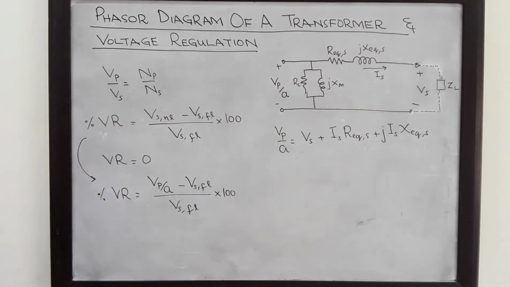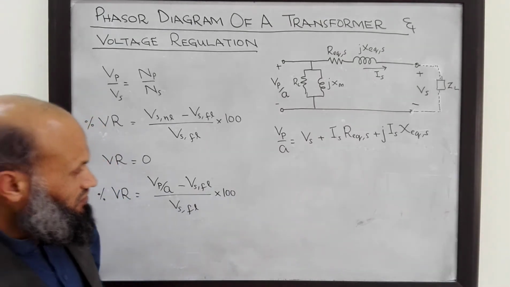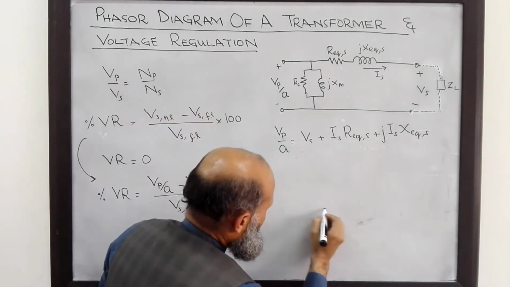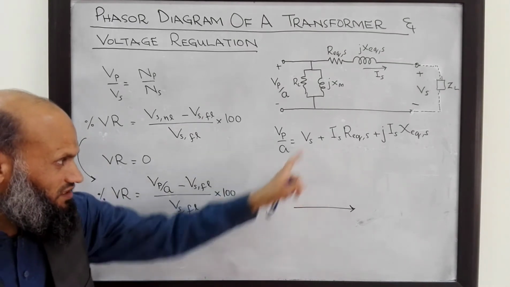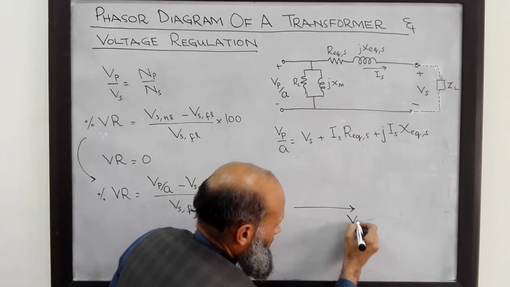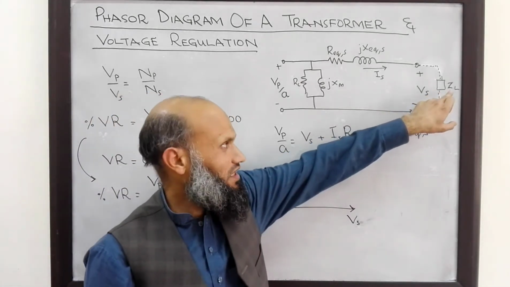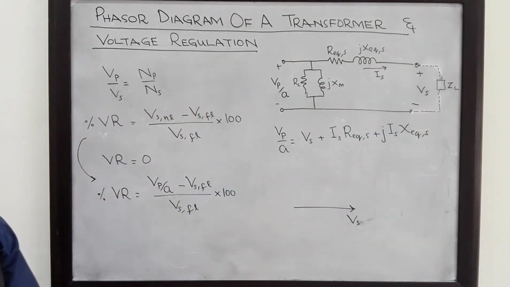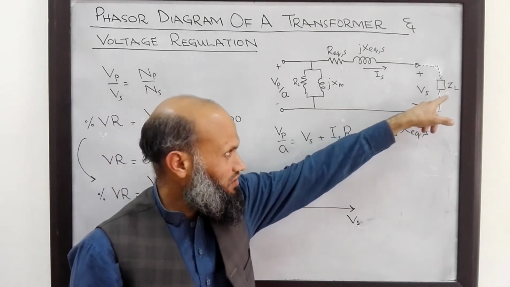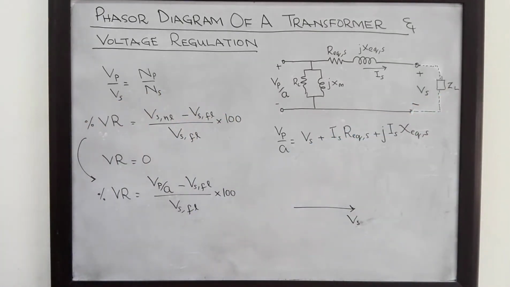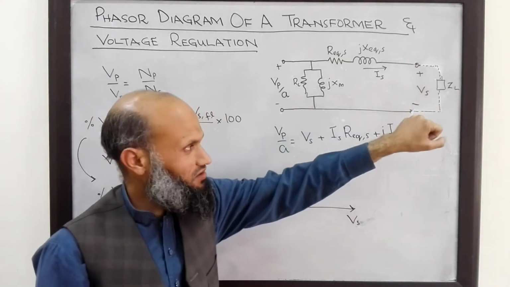So we sketch the phasor diagram for this equation. The secondary voltage can be represented by a phasor. This is taken as reference, the secondary voltage Vs. Let's first talk about the situation when we have connected an inductive load to the transformer. We shall also talk about the other two situations, that is when we have connected a resistive load and when we have connected a capacitive load. For the case of an inductive load, this current which is flowing through this inductive load